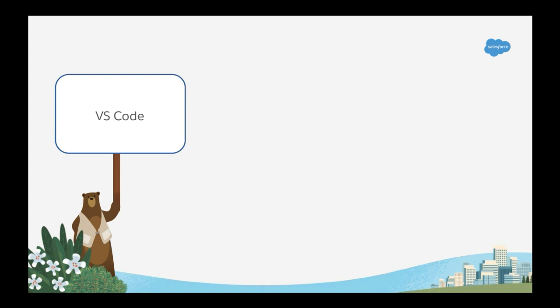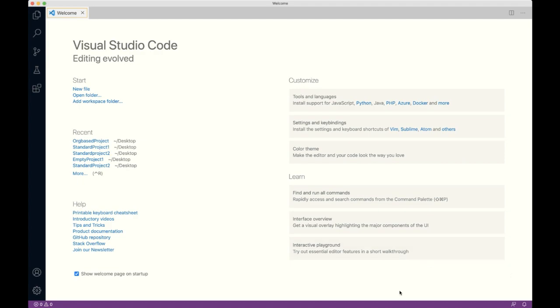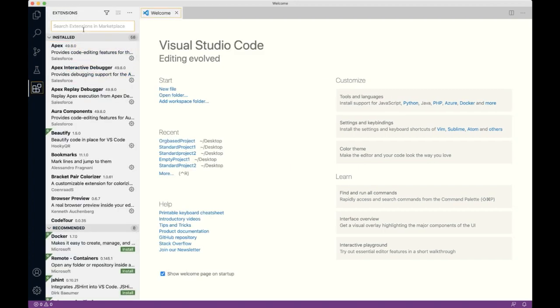You can filter the extensions to see which extensions are installed, which need to be updated, and which can be enabled or disabled. We'll see that in a short demo. Here I am in the Visual Studio Code environment where you can see a welcome file, and on the left side in the activity bar, when you click on this icon, it is going to open up a marketplace for extensions where you can search for an extension, say Salesforce,